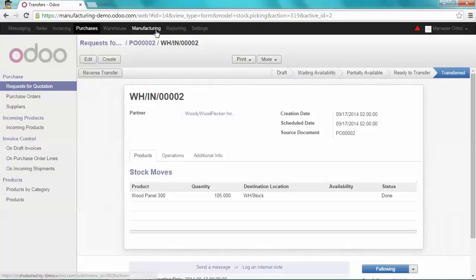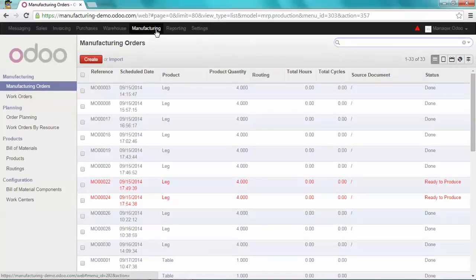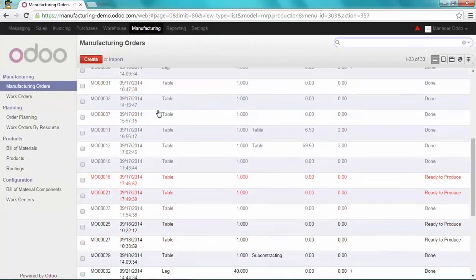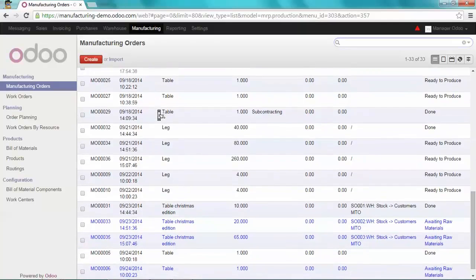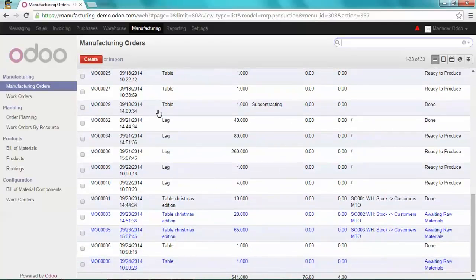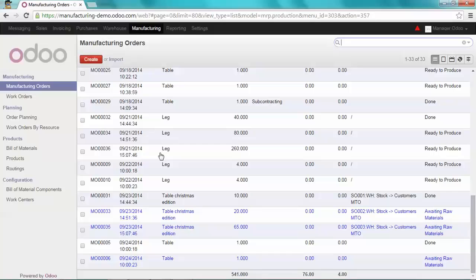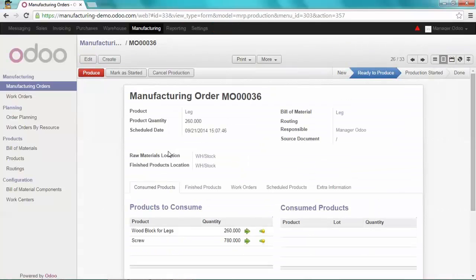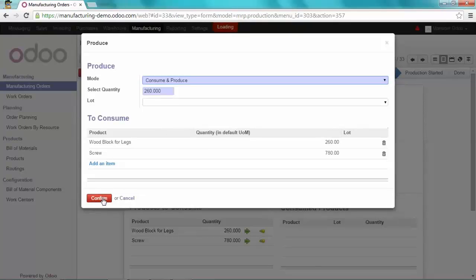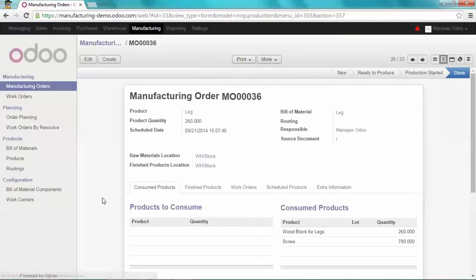Let's manufacture the other one, the legs. I'm going to take the manufacturing order 36 and let's produce it. So now I have the two components needed to produce my table Christmas edition. I can come back